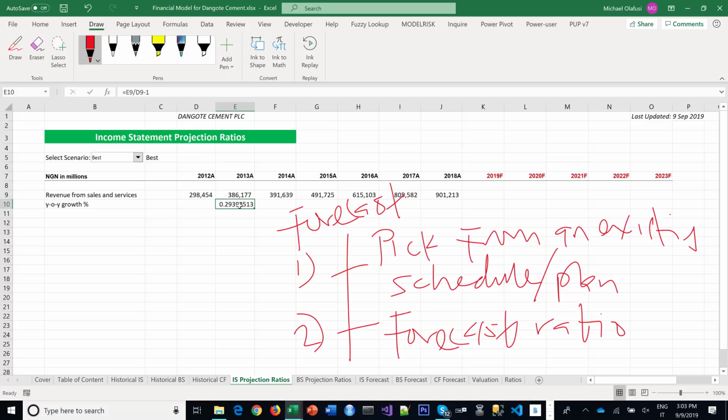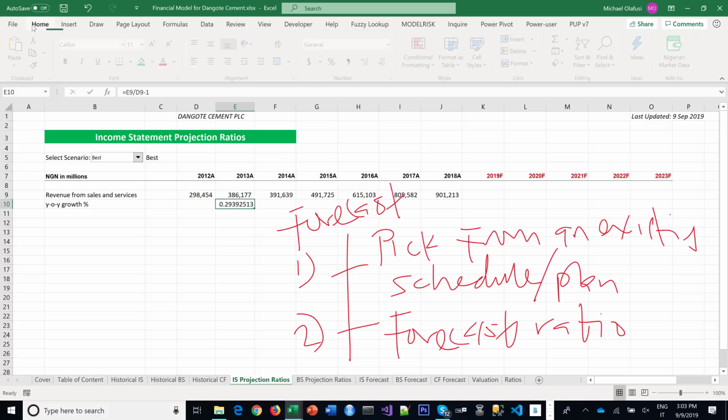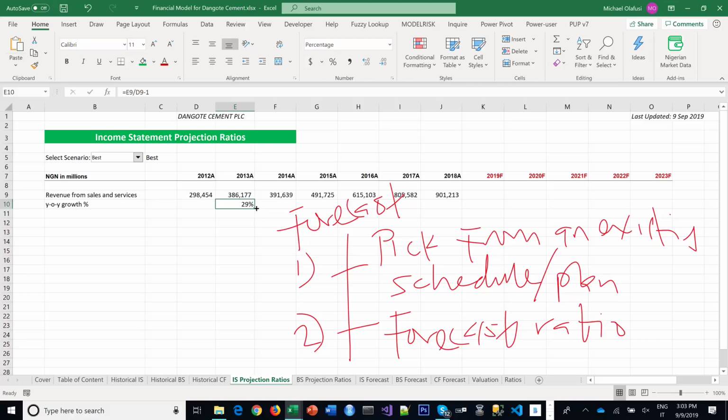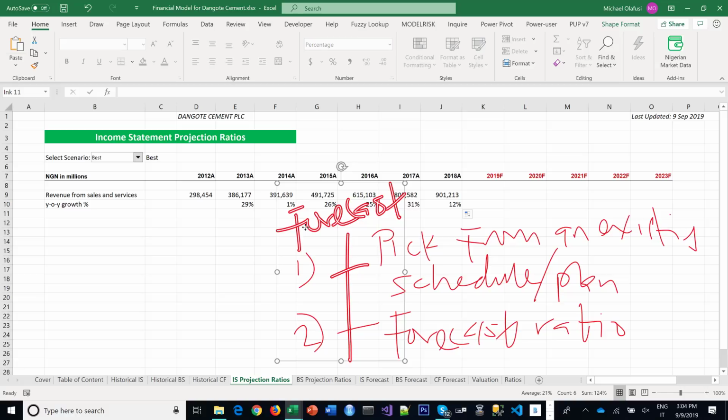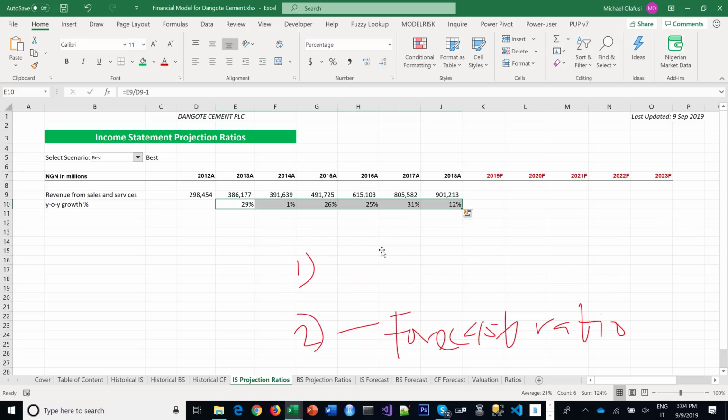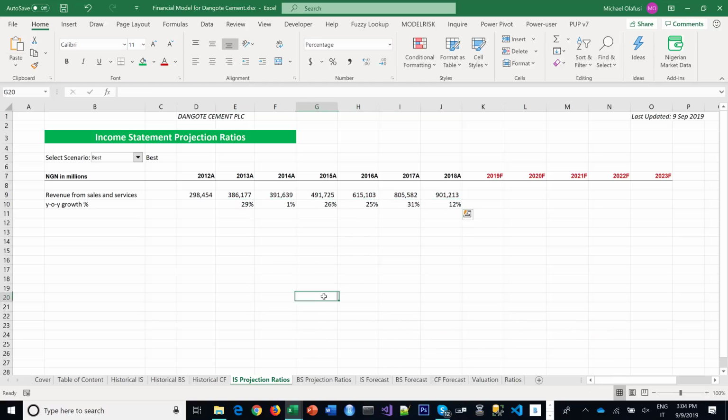So it grew 29% in 2012. So I drag this forward. So I'm going to remove this anyway. This is just to explain that we will always like to create the forecast using any of those two approaches, and preferable is you use the schedules if there is a schedule. Okay, so now how do I make all of these linked to